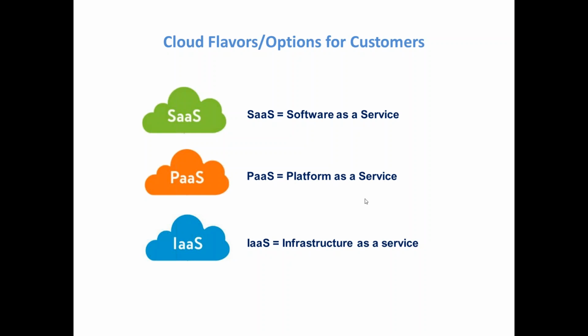PaaS stands for Platform as a Service. In case of PaaS, Oracle will provide you the platform which will allow you to do the customizations, and you can deploy the customizations within the same instance. The disadvantage of PaaS is Oracle won't support you for auto upgrades, because you are customizing the product. When you do customizations, all the customizations may not be supported with the latest product functionalities. That is the reason in case of PaaS, Oracle is not going to help you to upgrade automatically.